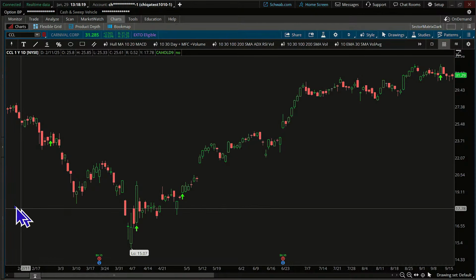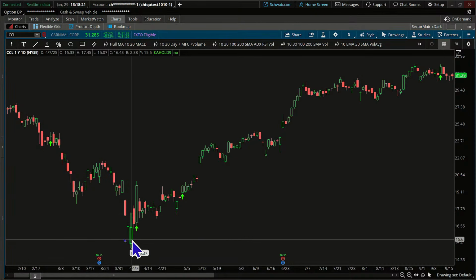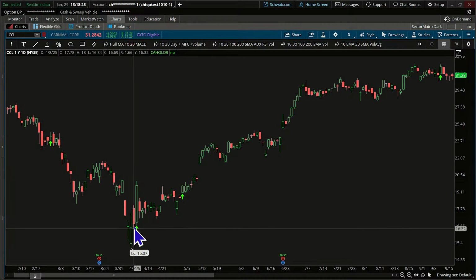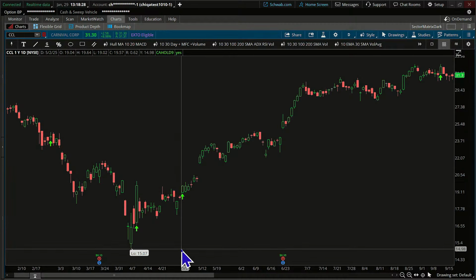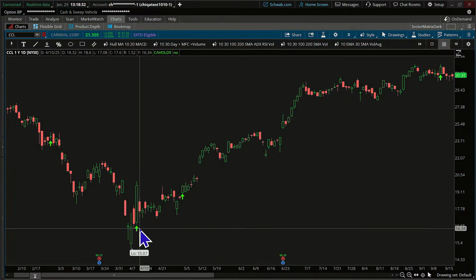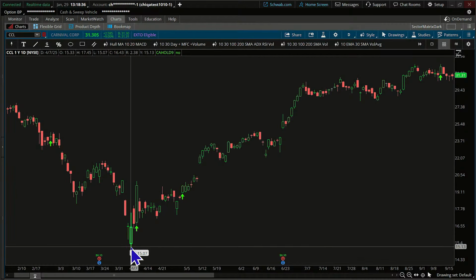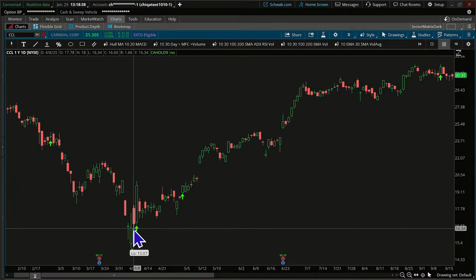So we have the series of candles, and this was a little bit interesting, because here we have our pullback and our low is here, but the red candle does not close higher than the high of the low candle day, which is this one.